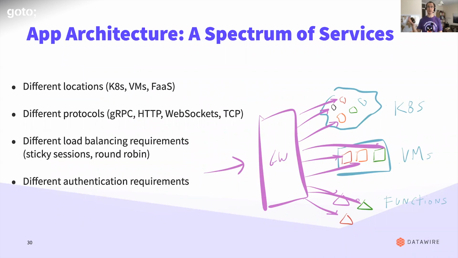And our tech, our edge tech in particular, has to integrate with all these different backends. And the different backends have different properties. A lot of different protocols now. We're seeing a lot of gRPC in Ambassador Labs, gRPC Web too. Folks are prioritizing that over normal REST-like services we're starting to see in some of our use cases. We see different load balancing requirements. There's a lot of older style, vintage, money-making apps, right, that need sticky sessions to work. You've got to hit the same backend all the time. We're seeing the more modern services like function as a service, spin up and be completely ephemeral. Spin up for a few minutes, disappear.